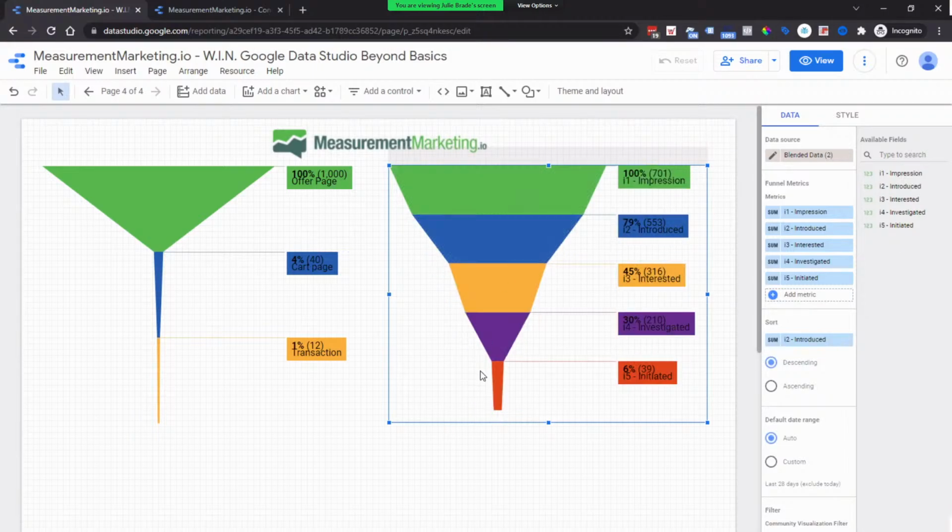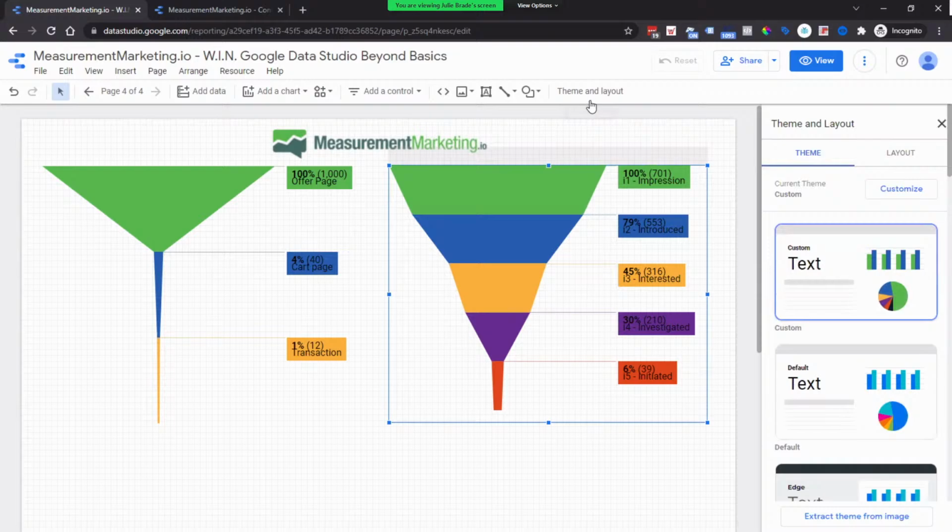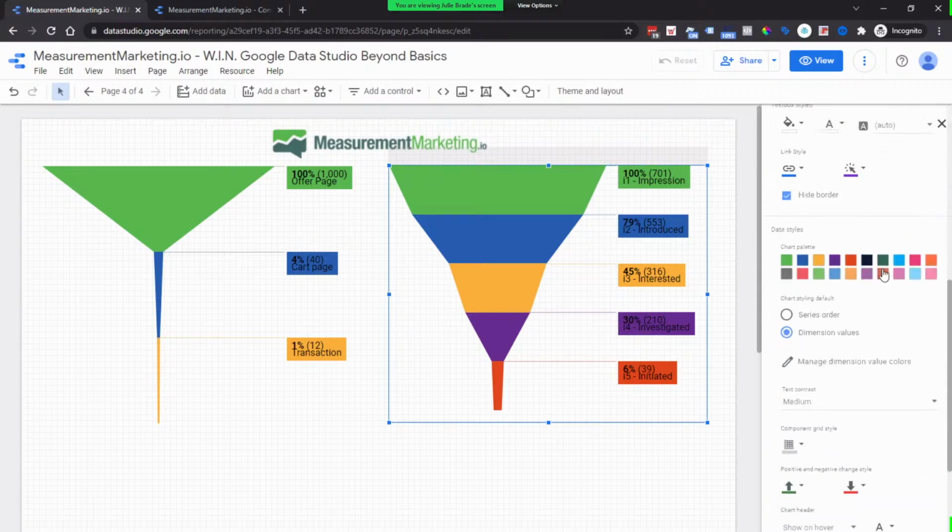One quick note about the colors. It chooses the colors in the order of your theme and layout setting. So we come into our theme and layout, we choose customize, and we scroll down to our chart palette, and you can see it's green, blue, yellow, purple, and then this orange. If I were to swap them, we would then see the colors change within the chart. So if I were to make this a blue,